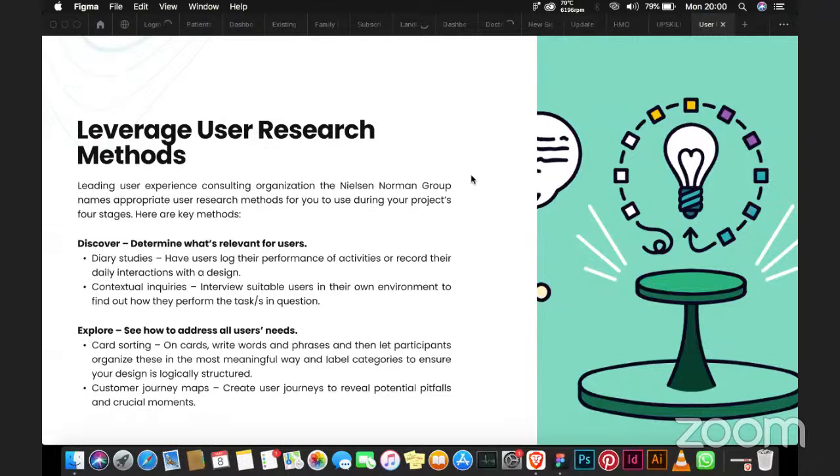Say I found out from my user research that the checkout form design is not user friendly, right? So on a card, and by card I mean sticky notes, I'll bring sticky notes and write on the first one,